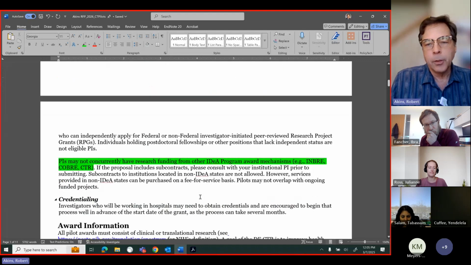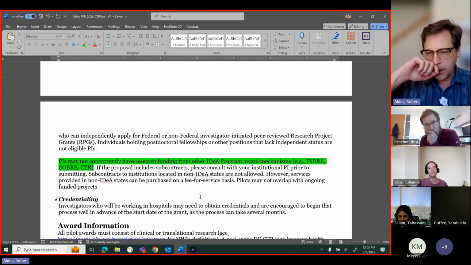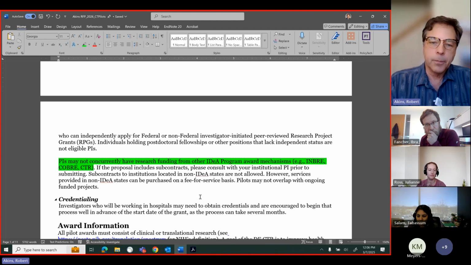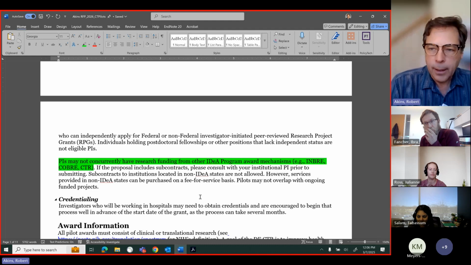All right. You cannot concurrently have research funding from other IDeA programs. So if you have an INBRE pilot, you cannot accept a CTR pilot at the same time. And same goes for COBRE or other CTR mechanisms. If you're a PI on an IDeA-funded program grant, on an IDeA-funded pilot grant or any award, you cannot accept